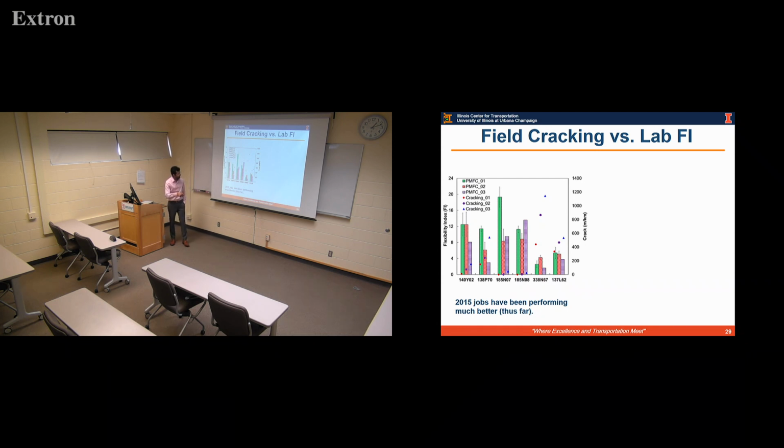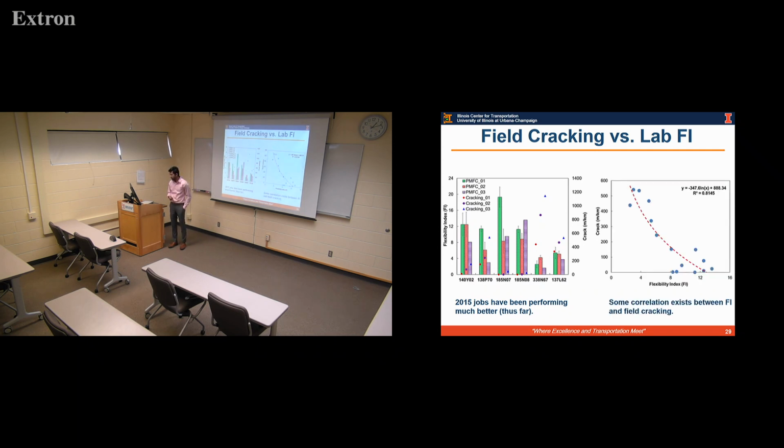If you see here, the 185 mixes which were placed around 2015 were performing better. The reason can be attributed to no RCA being added to these mixes, because in the 2013 mixes we saw that the RCA was causing a problem with cracking susceptibility, and so that was eliminated from the 2015 mixes, and that's why they are performing a little better than the 2013 mixes